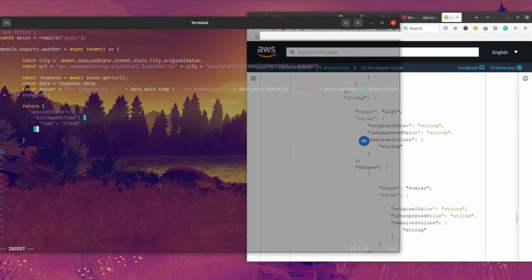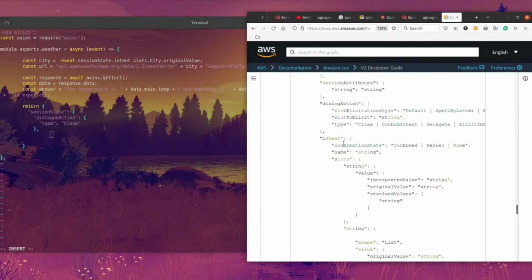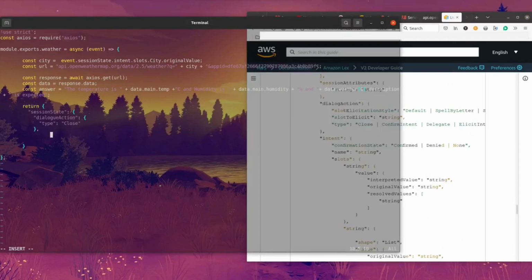So now after the dialog action we need the intent. Intent. So back to here again, dialog action, now intent. So for the intent,